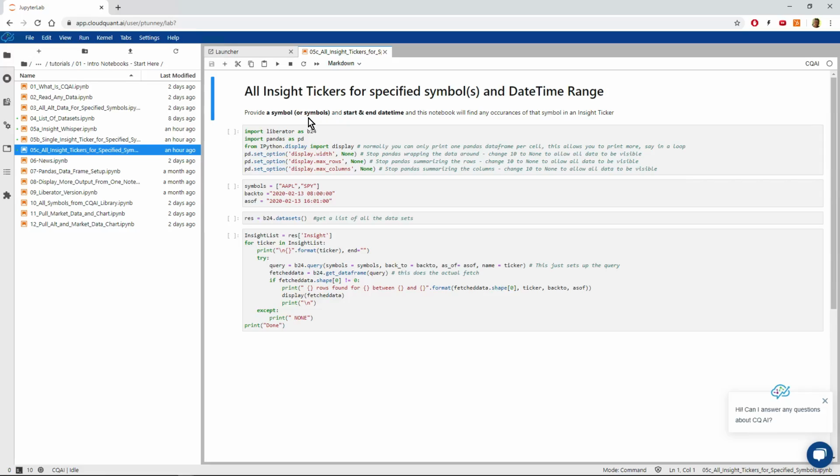We call it firing. There's hundreds of these things, and you might find a symbol moves right at the open, but if you look at it going back before the open, there might have been some alerts going off before that. Maybe some news occurred, or maybe there was a sizable imbalance. So again, we're going to provide symbol or symbols, a start and end time, but we're not going to provide